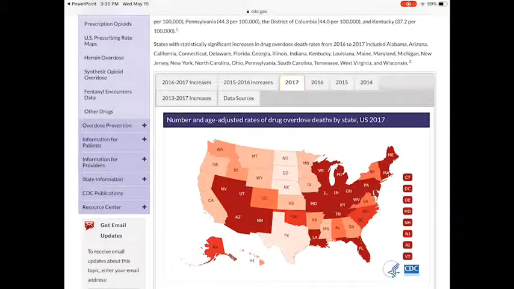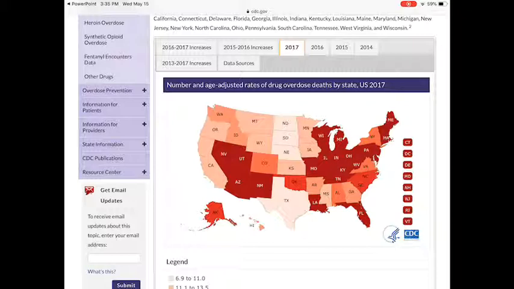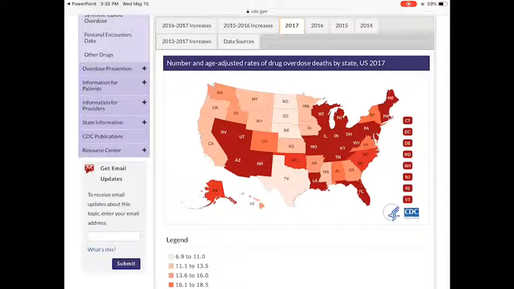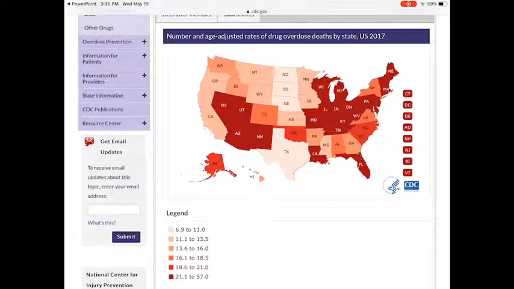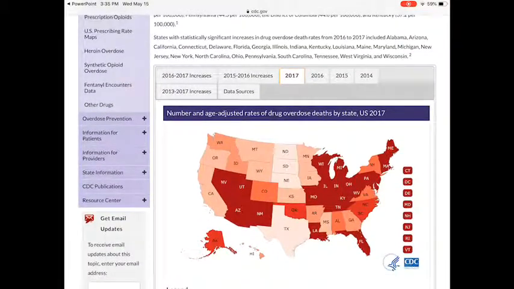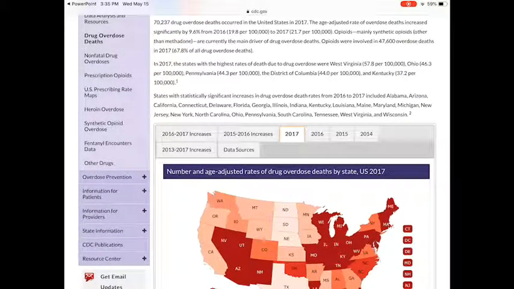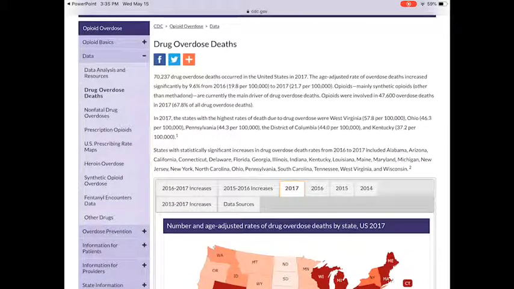But then if we just look at overall deaths, and the most recent data is from 2017, take a look here for a minute at where we have in the dark red the highest number of overdose deaths. A lot of this is being centered in the Appalachian region, Kentucky, West Virginia, Tennessee, and then up into the Midwest and the Northeast. And then we have a whole bunch in the Southwest too, right, with Arizona, New Mexico, Nevada, Utah. So important to look at, okay, where is it being focused? That's an important piece of epidemiology because where the most issues are occurring is where we want to focus the majority of our resources.